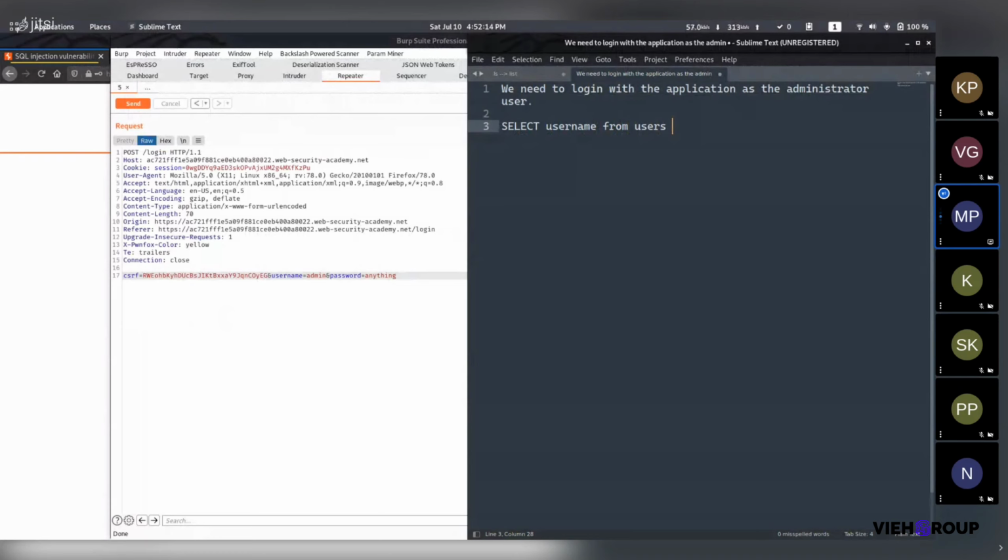So from users, and then where password is equal to, because the password I think will have a hashing functionality, so it can be anything. So let's say anything. This will be the initial query, and we are adding here admin.